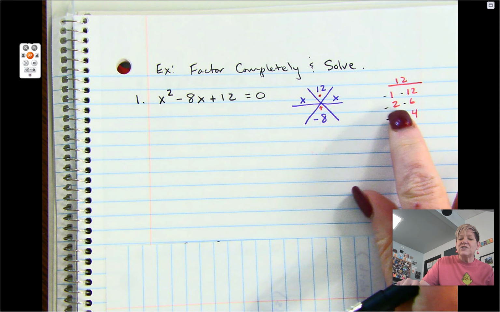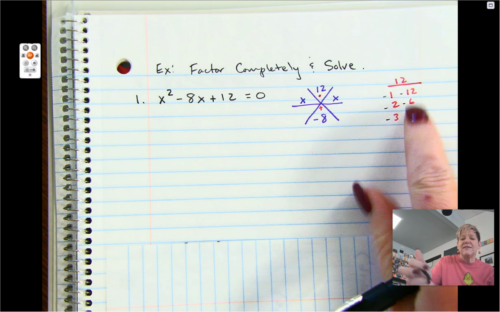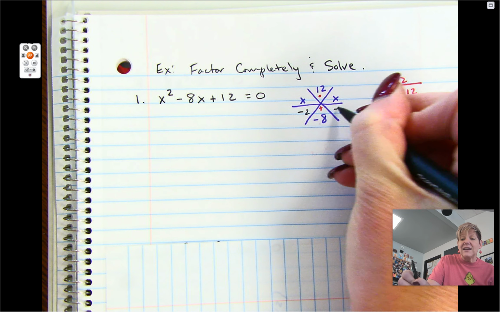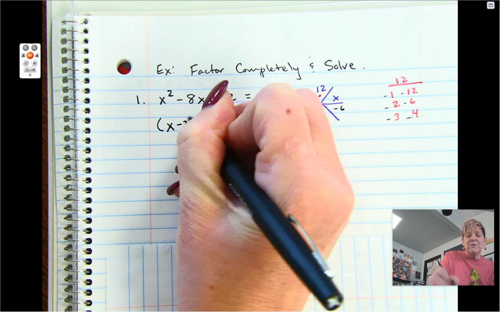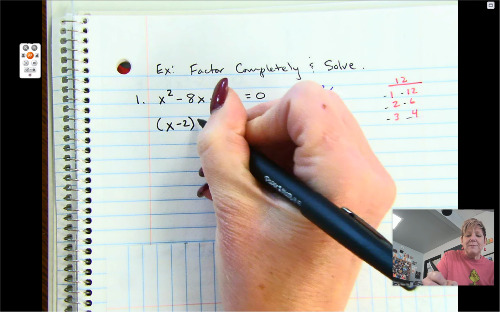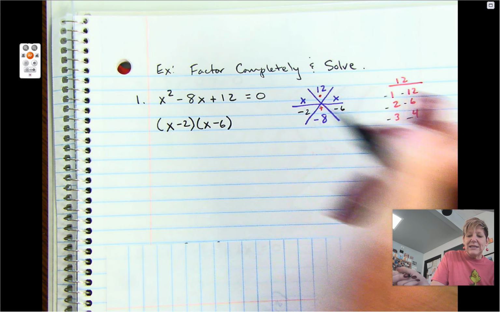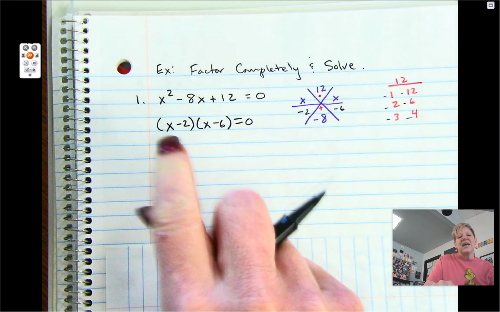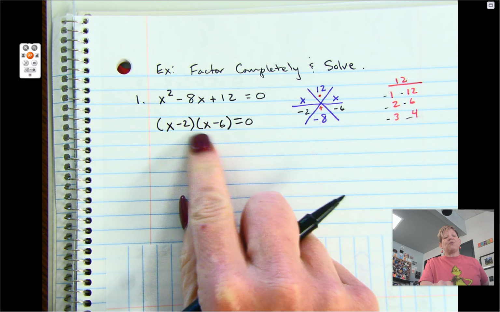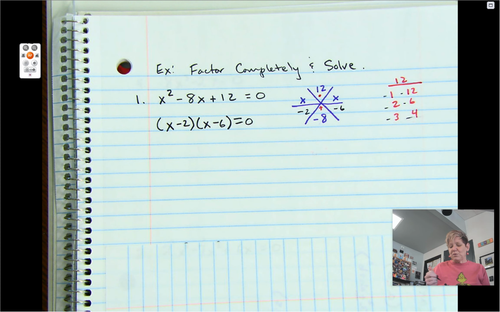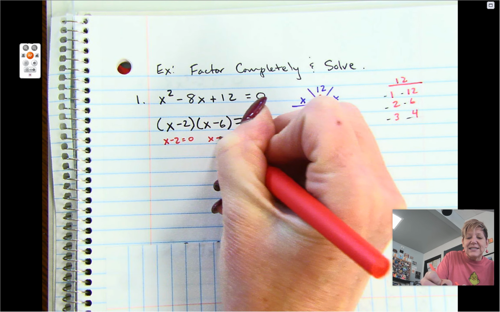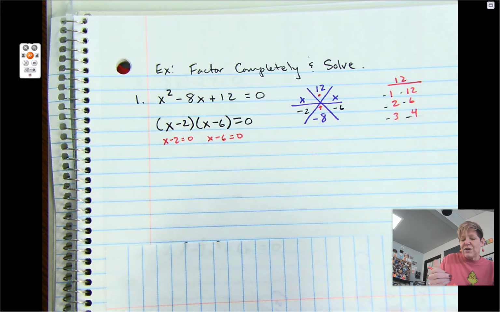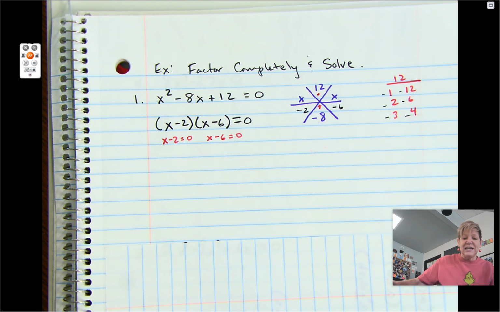And so now these two here in the middle add to be negative 8. They're negative 2 and negative 6. So we're going to write this as x minus 2 in parentheses times x minus 6 in parentheses equals 0. And I expect to see that factored step, or you're not showing your work and you won't get full credit. You set the factors equal to 0, x minus 2 equals 0, x minus 6 equals 0, and so your answers are x equals